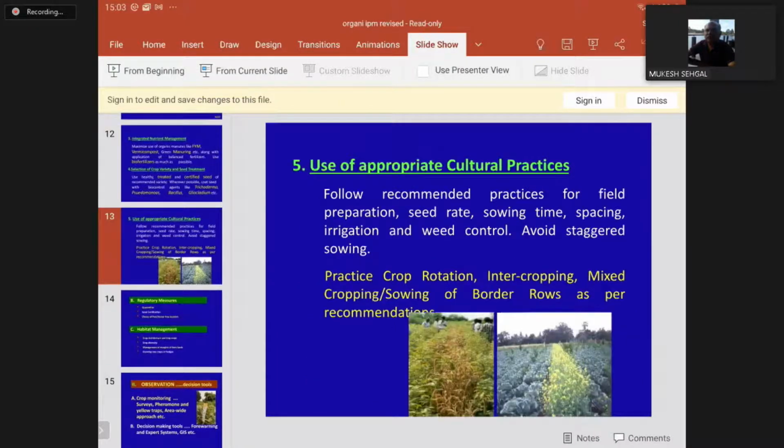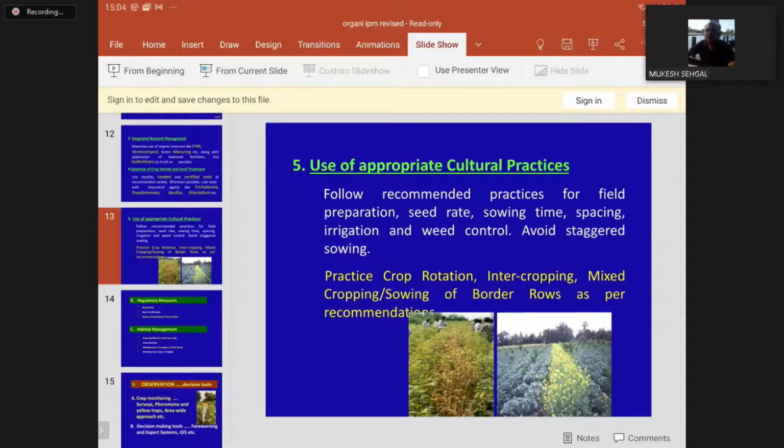So next we'll come to the use of appropriate cultural practices. Sometimes our date of sowing is going to be important. The sowing time is very important. Seed rate is very important. The field preparation, no doubt, is important. Just like Dr. Suganti is talking about water management,